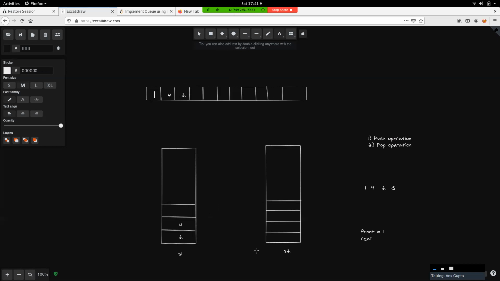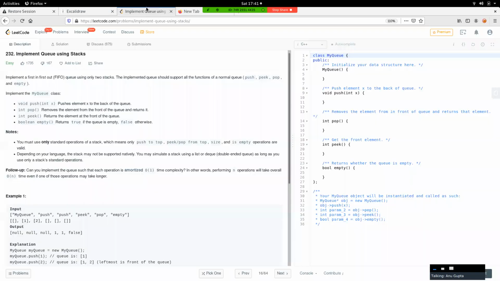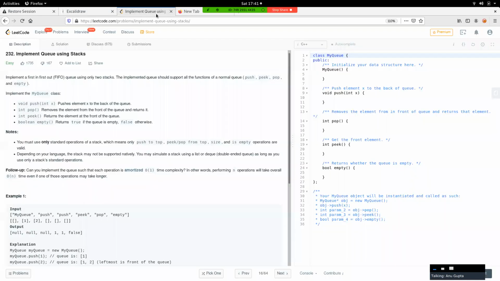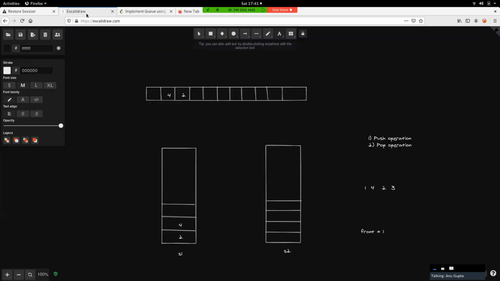Now, whenever we have to have a front value always, like in the question where we have to find out the peek element, we always have it in our front variable, right? So actually this rear is not needed. This peek operation will take the help of the front value to get whatever is at the front, right?